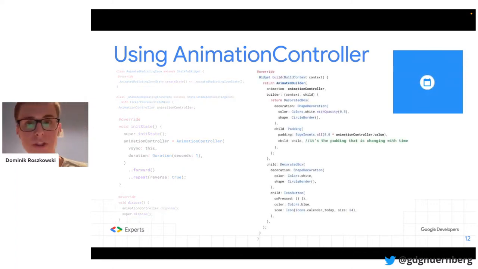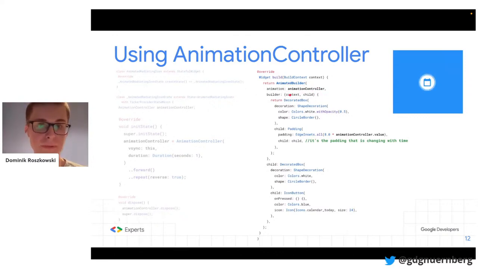Then, of course, we need to render our UI, so the state of our widget will also have a build method. In this build method, we will use our super cool widget called animated builder. The nice thing about the animated builder is that it will build its child only once, right? So this icon button that we have here will be built only once when this gets rendered. Then our builder will be rebuilt every time the animation controller tells us that a new frame needs to be rendered.